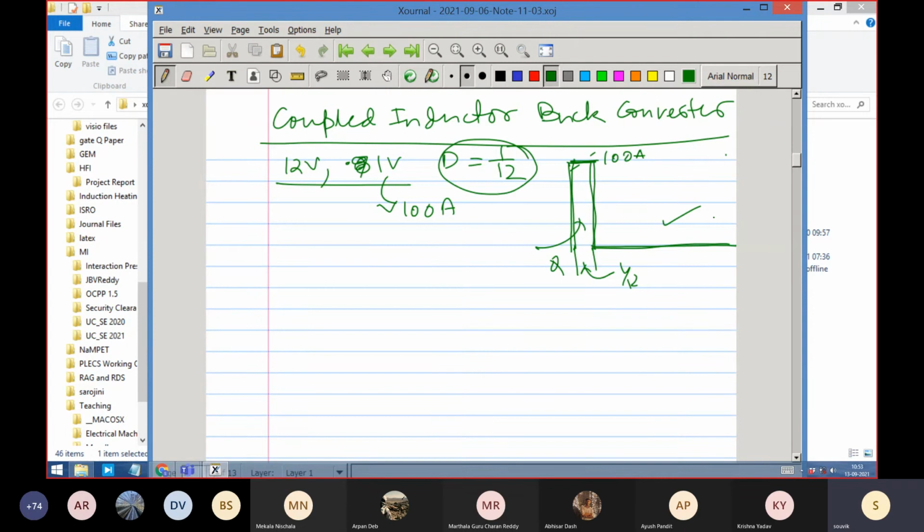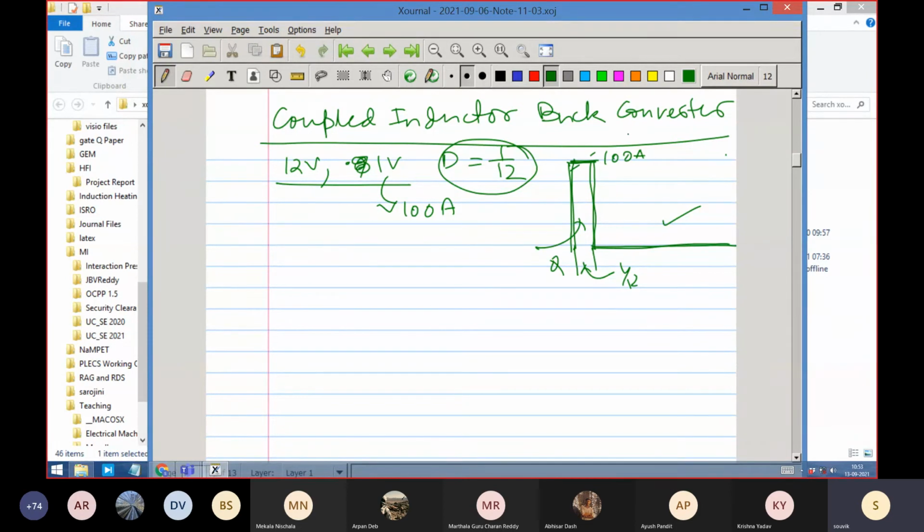Normally we prefer that the switches are better utilized. That means the duty ratio is close to 0.5, so the current is well distributed. 50% of the time the on switch is taking the burden, and 50% of the time the off switch is taking the burden. It's common sense also. It looks very awkward otherwise.